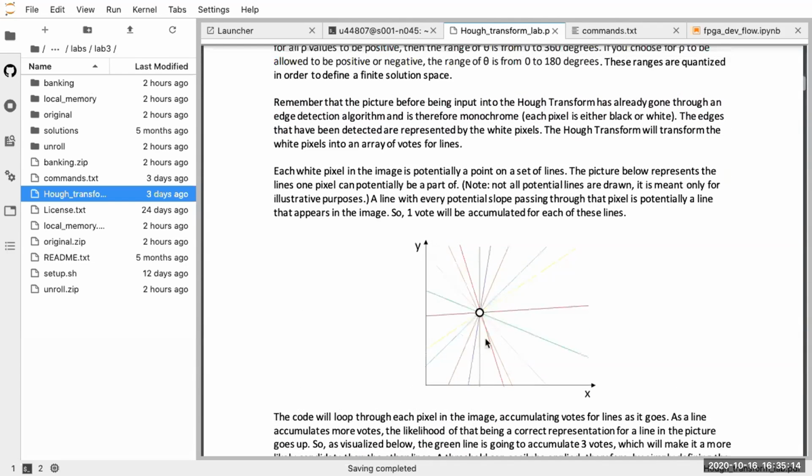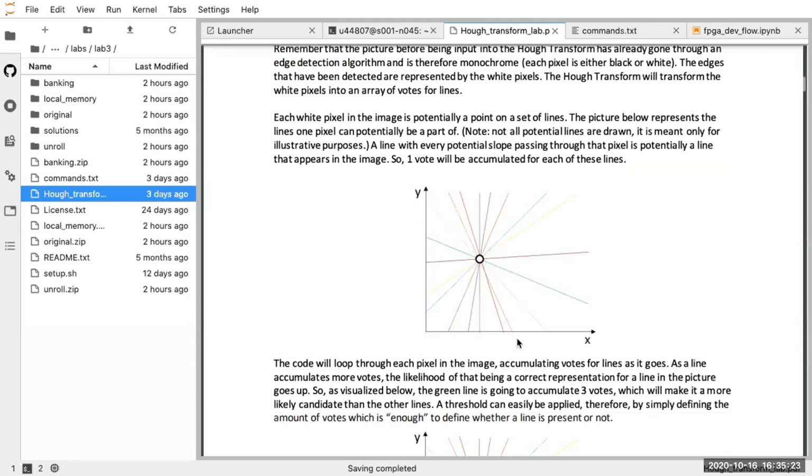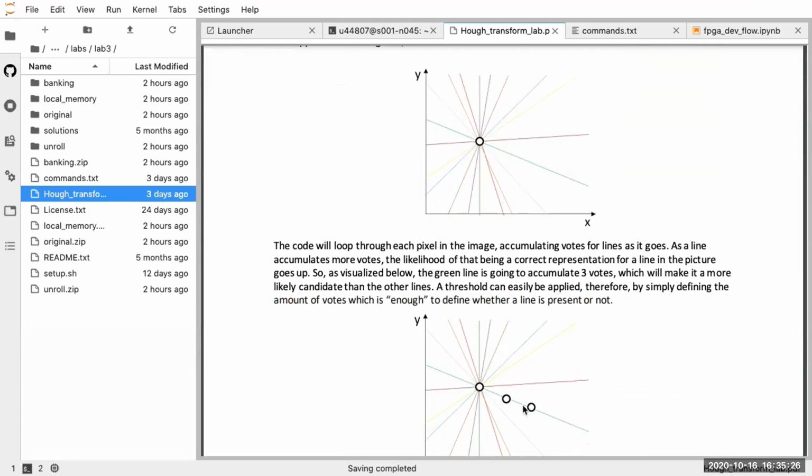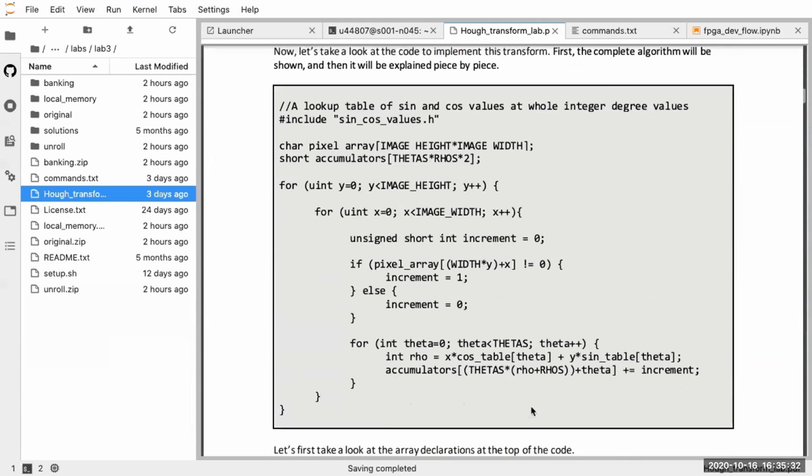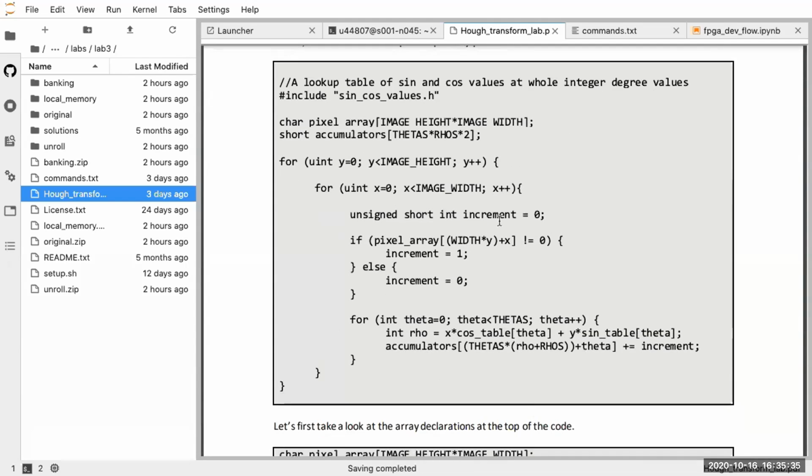For each pixel of the image, we have a number of lines varying the theta, and we must sum the line candidates, summarizing the pixels which intercept the line. So here is the kernel code. We have a pixel array, which is the image. We have the accumulators for each line,